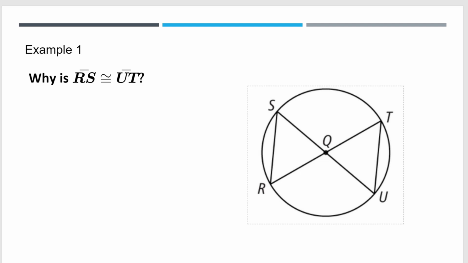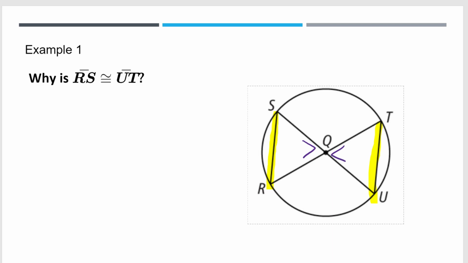Let's look at some relationships that are made by chords. In example 1, it says prove RS is congruent to UT. So RS is this chord and UT is the other highlighted chord. Let's break down what we know about this triangle. We have